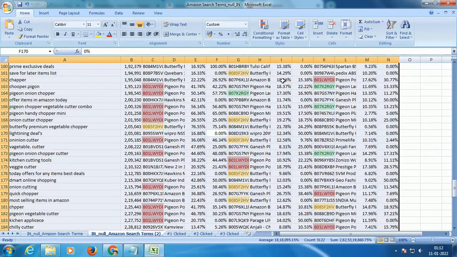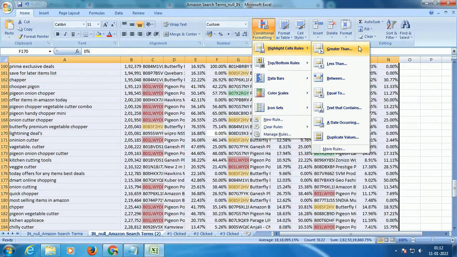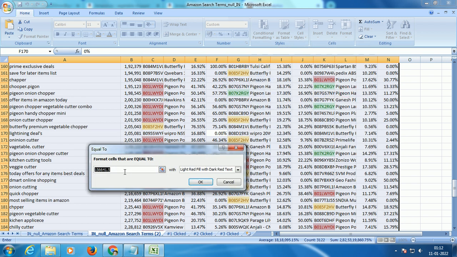So see guys, so far we have not started our number crunching. We are just visualizing the data. We'll go to the data crunching part in the next few minutes. So I'll say, okay, this time I want to color them. What should we say? So custom format, I'll just say red text. Yeah, so let's do red text.